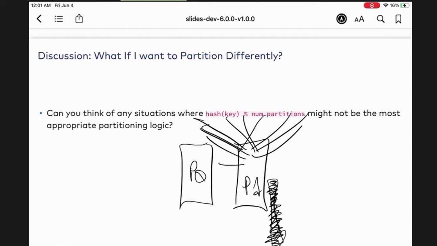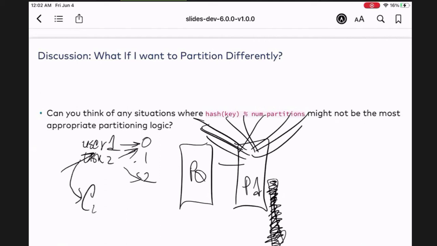In other words, if you use a simple key, let's say I'm using a simple key like user 1. When you do a hash of this, sometimes you don't get a very good hash. And so sometimes it's not going to be distributed across the partitions the way you probably think it will be. Even if I have user 2, you may have a lot of the users coming to the same partition and not even using all the other partitions well. So when you create a key, you may have to create what's called a composite key or compound key.